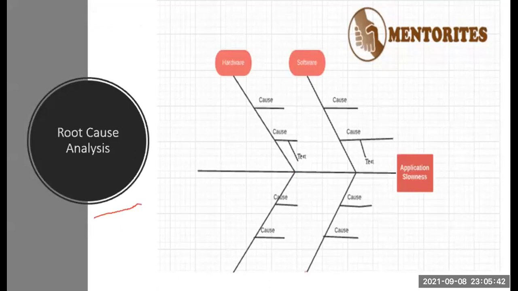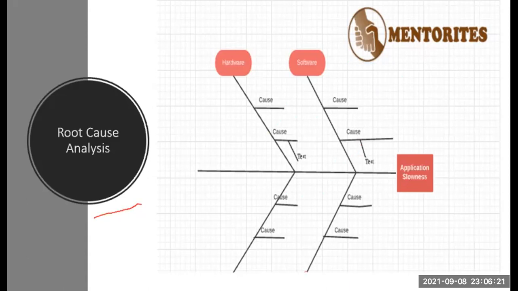So there are two famous root cause techniques. One is the fishbone diagram, and the other one is the 5 whys. 5 whys is where you keep asking why 5 times till you get to the root of the problem. And the fishbone technique is where you try to understand the root cause of the problem. Okay, so we'll look at a simple example of the fishbone